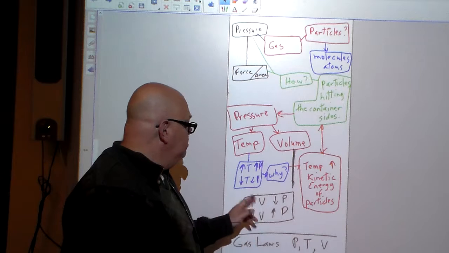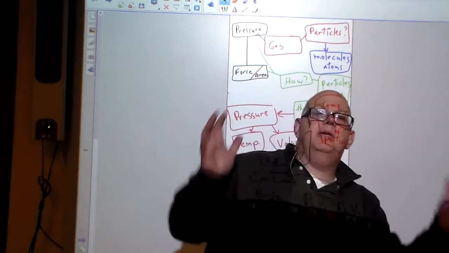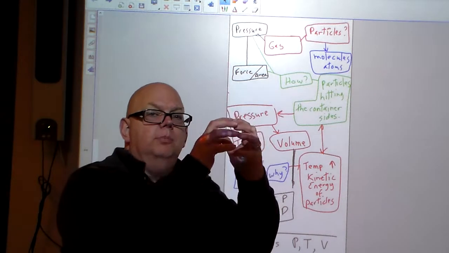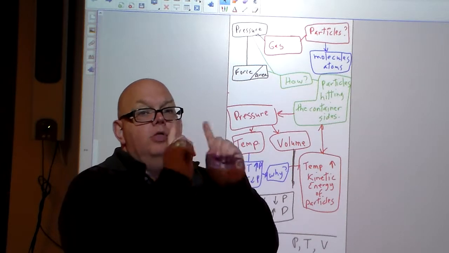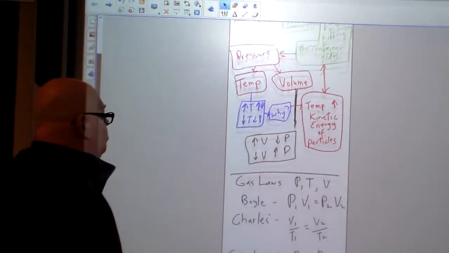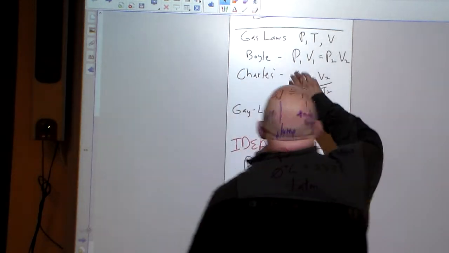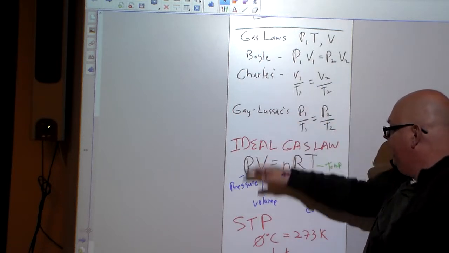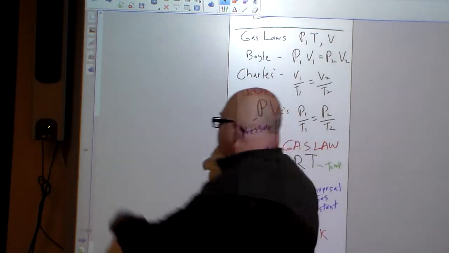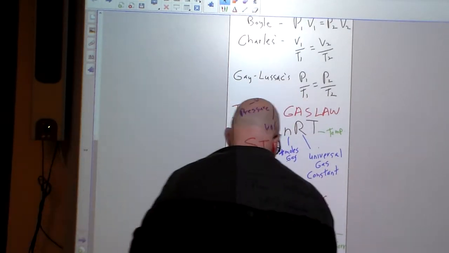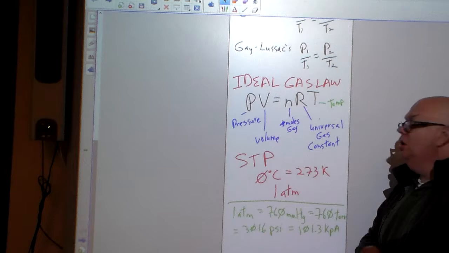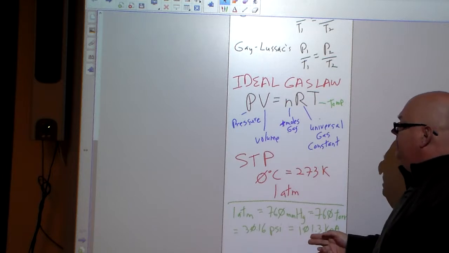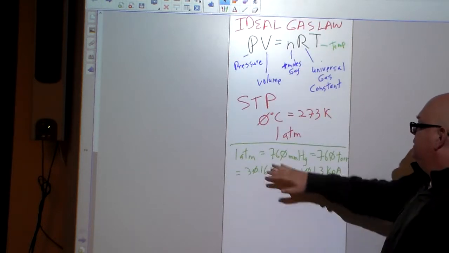If we look at volume, if the volume goes up, the pressure goes down because there's a lot more space for the particles to run around in. If you make the volume a little bit smaller but keep everything the same, the pressure is going to go up. And then we talked about the different gas laws, basically using pressure, temperature, and volume. We looked at Boyle, Charles, Gay-Lussac's, and the ideal gas law. And then, of course, we have STP, standard temperature pressure, which is 0 Celsius, 273 K, 1 atmosphere, and 1 atmosphere at the beach.